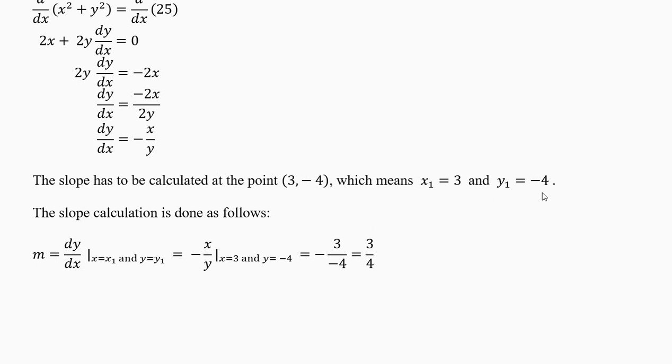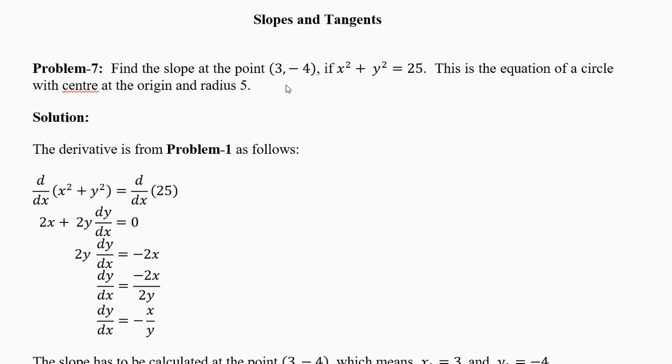x1 equal to 3, y1 equal to minus 4. Remember the minus. Now minus x divided by y. X is how much? 3. Minus 3 divided by minus 4. This minus will cancel with this minus. You'll get 3 by 4 is the slope at the point 3 comma minus 4. At other points it will have different slope, but we are going to talk only about one point given in the question. And suppose only 3 is given, you'll have to put the value of 3 here and calculate y. You'll get two values plus 4 and minus 4, so we gave it directly in the question.